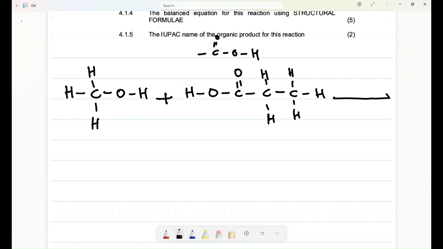Now, in the presence of H2SO4 and heat, those are the reaction conditions. I want you to see what exactly they form. What they form is that we take the leading OH from the carboxylic acid, and we take the H from the alcohol. So I repeat, you take OH from the carboxylic acid and you take H from the alcohol so that they